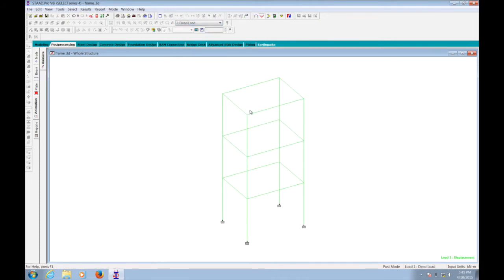For dead load the results are very low. You can see at this corner the deflection is very small. For live load we have quite big deflection with reference to the dead load. So here I conclude the analysis of the frame as well. Thank you.